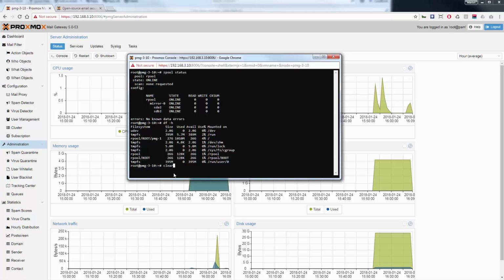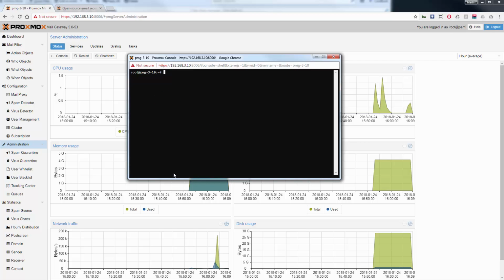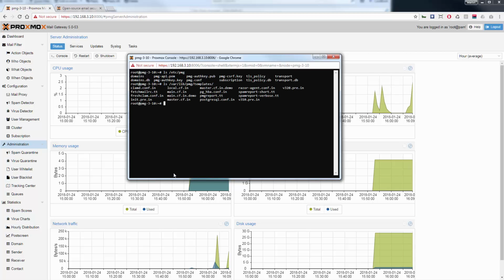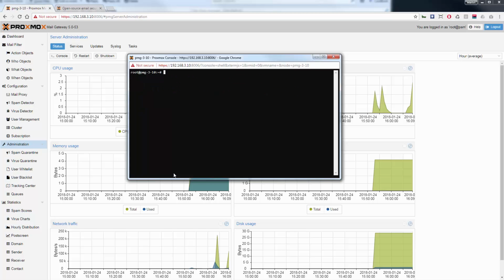You can list your mail gateway config files with ls /etc/pmg, and the used templates with ls /var/lib/pmg/templates/. You can query your subscription status with pmg subscription get.